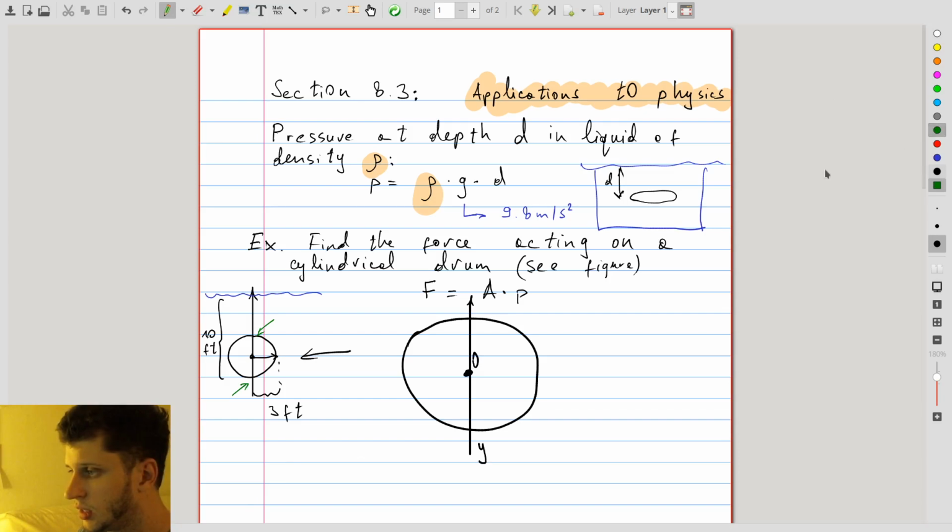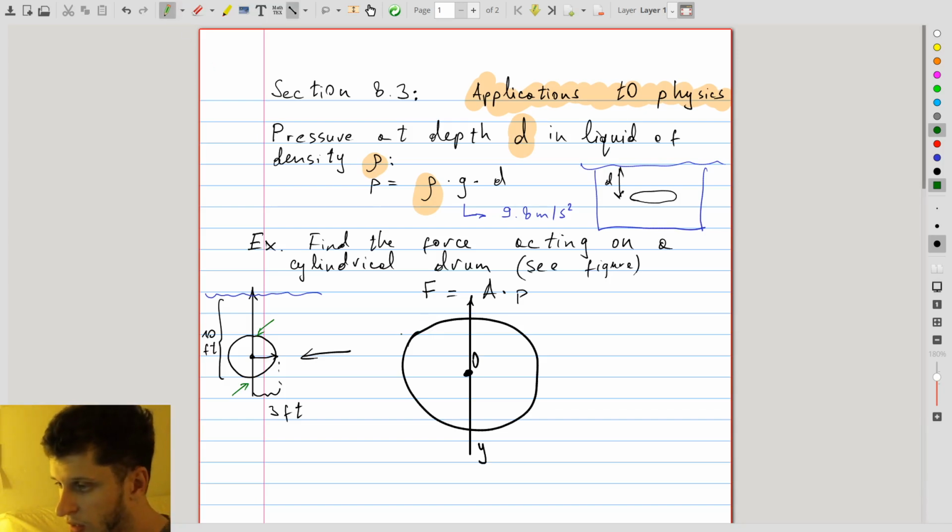So what happens here is that pressure changes with depth. But just like with displacement, when the velocity is variable, I want to measure forces that arise for intervals of constant pressure. So when is pressure constant? Obviously, when the depth is constant, and so that is when we are looking at a horizontal strip